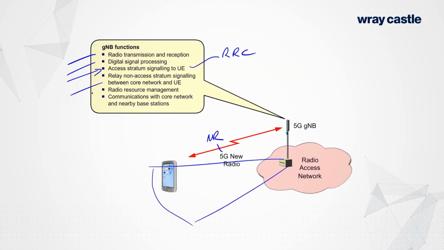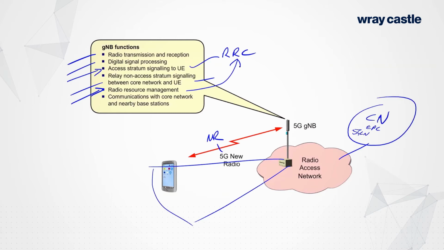It provides a relay between the mobile and the core network for non-access stratum signaling. So out here somewhere there is a core network. And remember that this could either be an EPC or it could be a 5G core network, a 5GCN. Okay, so that non-access stratum signaling may be 4G or 5G. In either case, the 5G gNodeB will simply provide a relay function for that signaling. It does radio resource management, which is somewhat related to radio resource control, although there are other aspects in there